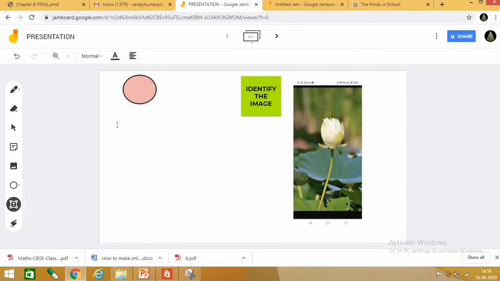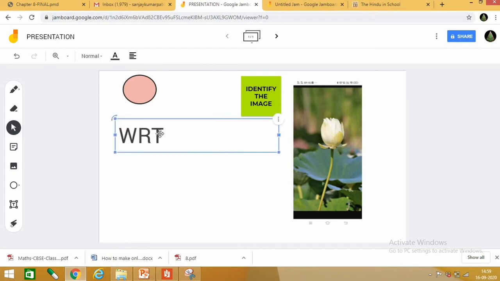If I click on text box, you can insert anything here. Suppose you want your child to write tables, so here they can write the tables. Suppose you write, write table of 2.